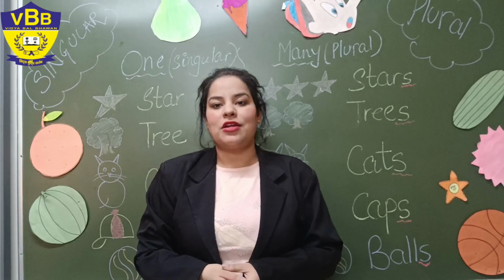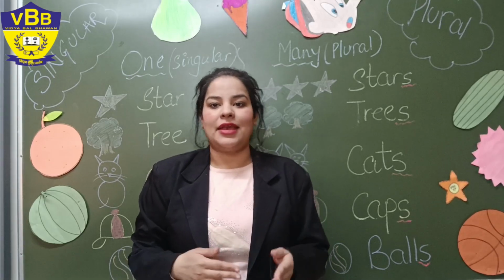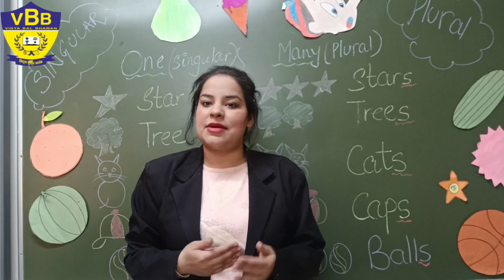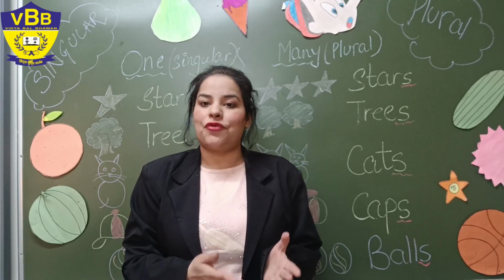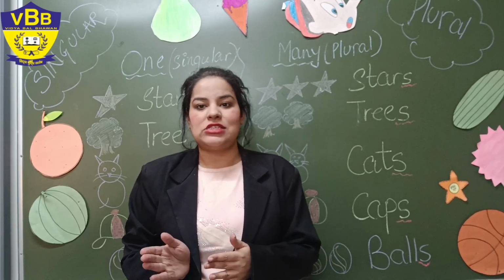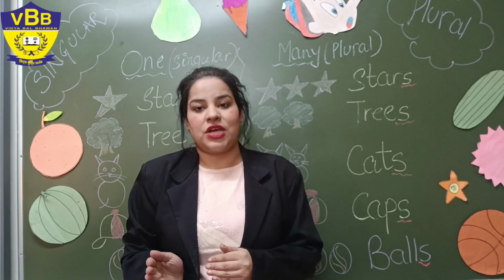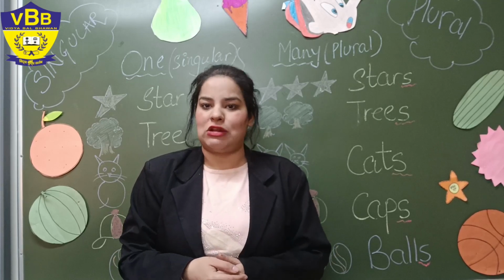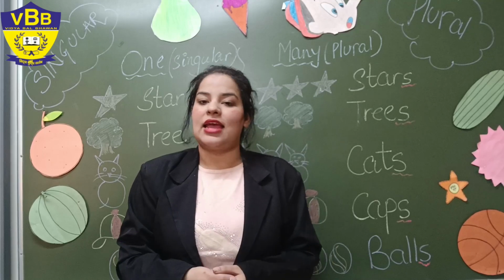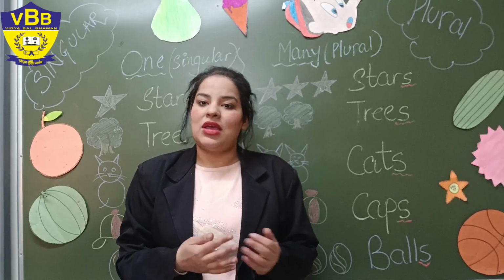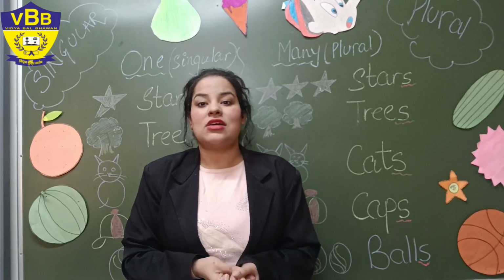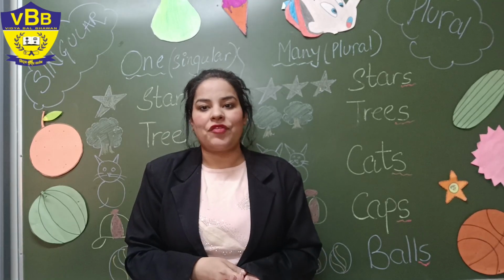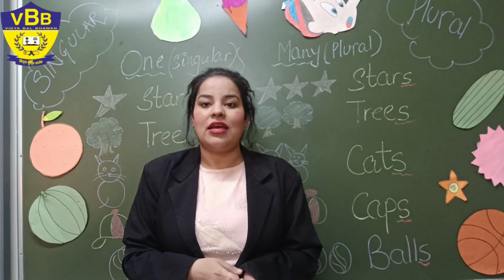Students, I hope you understood this concept, one and many. In simple words, I repeat this again. One is used for one object and many is used for more than one object. And for many objects, we generally use S at the end of the word because we are changing singular to plural. Your homework is to revise page number 5 and 6 at your home